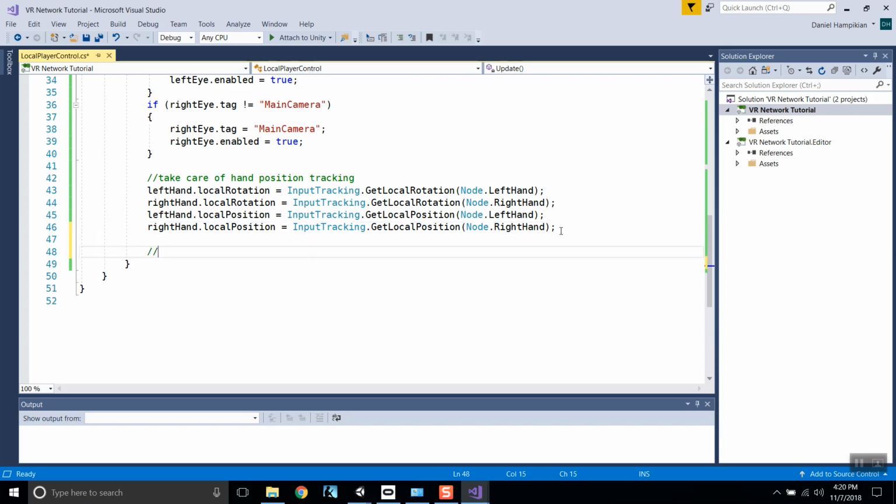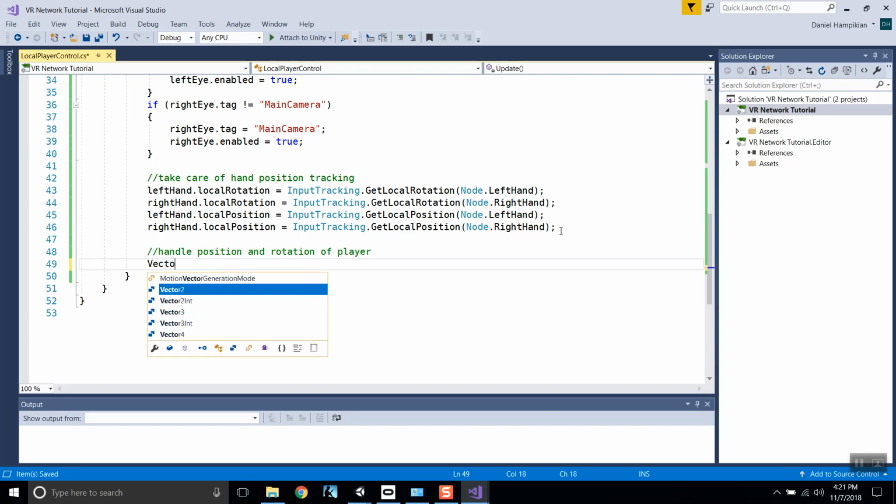And so finally, handle position and rotation of the player. Again, we want to do this independently of relying on any prefabs, OVR camera rig, controller, player controller, whatever, because we want this to be something that can communicate over a network without cluttering that network up with a bunch of scripts that may or may not call each other. So we're just going to set a Vector2 primary axis equal to